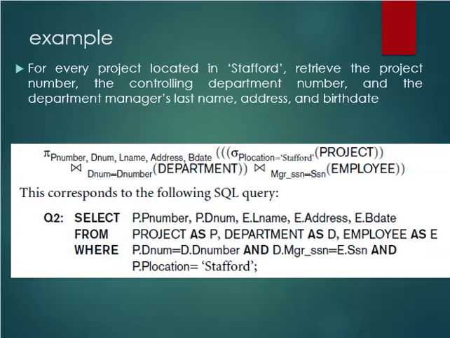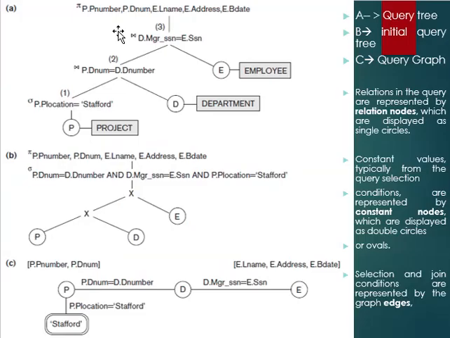So here we can see an example of the query tree. This is a given example. We can convert this SQL query into a query tree. In this figure you can see three different subfigures A, B and C. The first figure A is actually the tree after the heuristic optimization, and we will study it later in this class. And the second figure B is the initial query tree which is created from this SQL query.